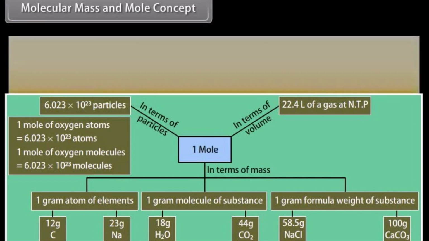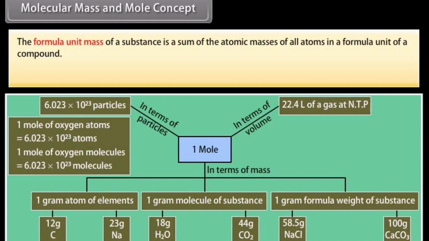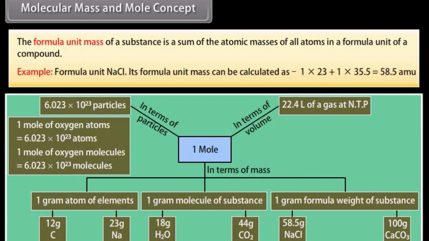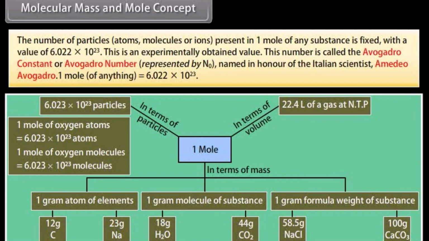The formula unit mass of a substance is the sum of the atomic masses of all atoms in a formula unit of a compound. Example, formula unit NaCl: its formula unit mass can be calculated as 1 times 23 plus 1 times 35.5, which equals 58.5 units. The number of particles, atoms, molecules, or ions present in 1 mole of any substance is fixed with a value of